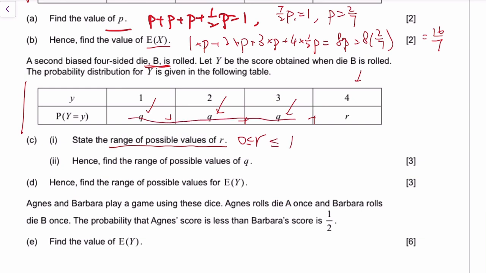So IB thinks the possible values of R is between 0 to 1 inclusive. For me, when I did the solution for SL, I wrote without equal for both. That would make me get 0 mark for CI. And if I keep doing everything, at the end I would lose a total of 3 marks just because of that. So yeah,